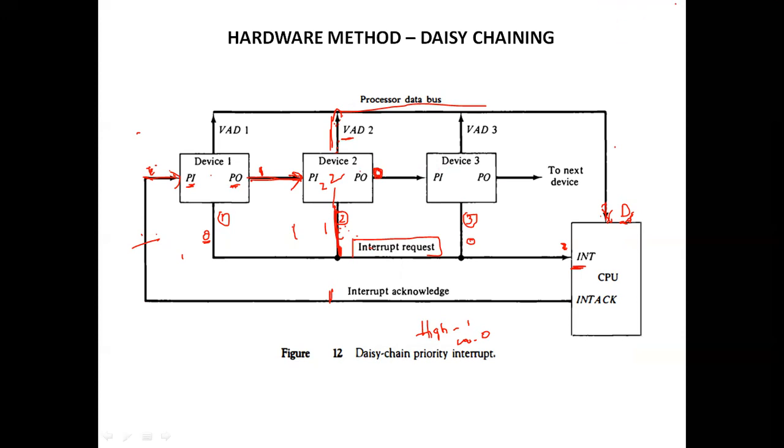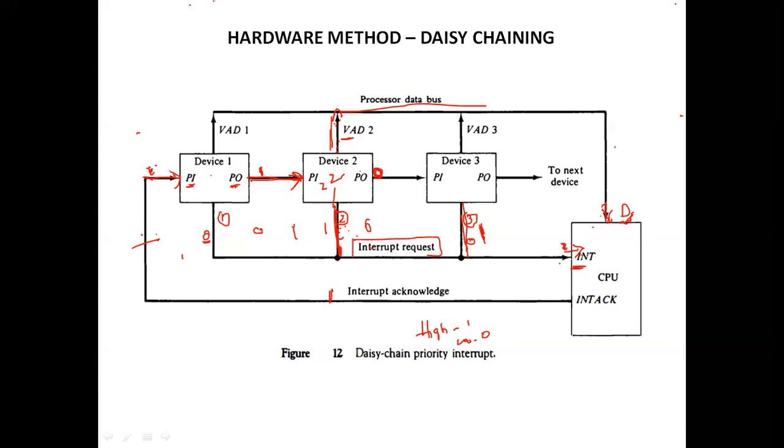Here all the devices are connected serially. Which device wants to poll an interrupt, that is going to make the line high, in the sense 1. If suppose device 3 wants to poll an interrupt, its signal is going to be 1 and all the others will be 0. So this is going to be sent to the INT signal, which is received by the CPU. It has to acknowledge the particular third device. Acknowledgement in the sense, I have received your interrupt.